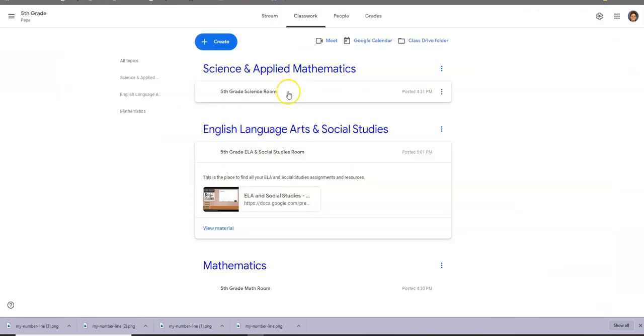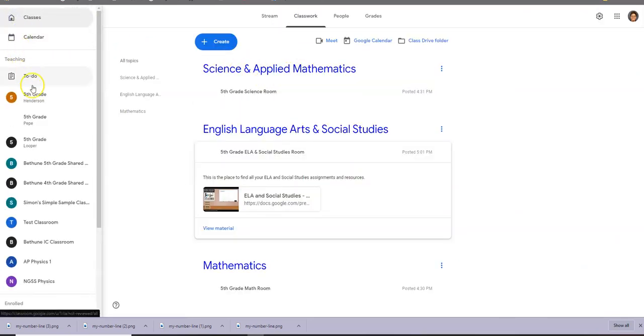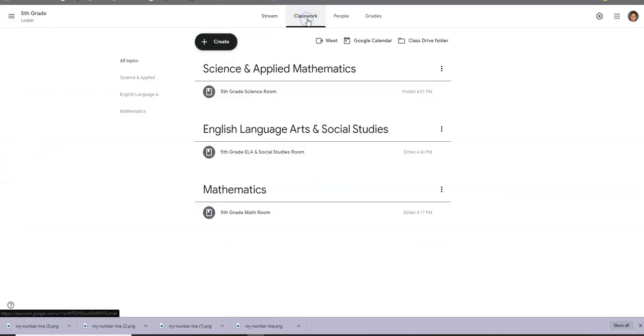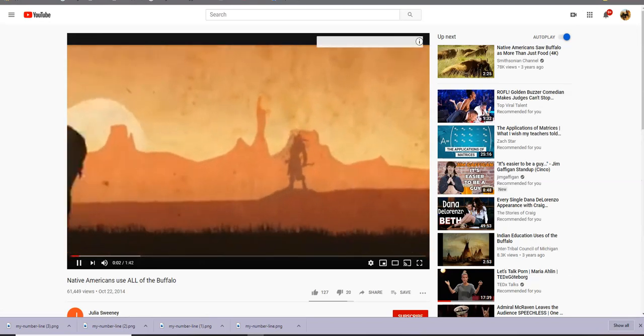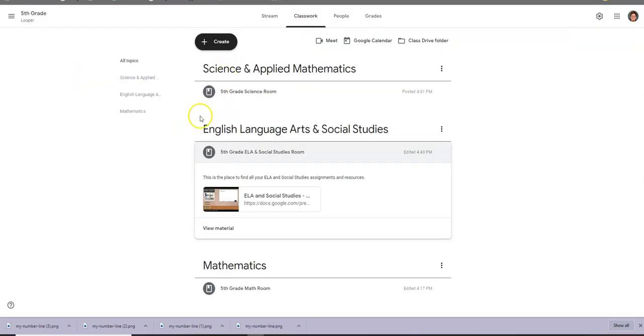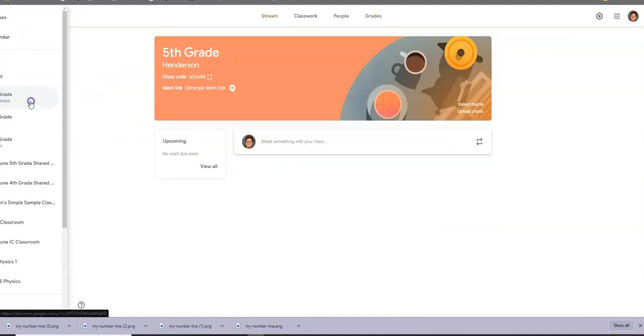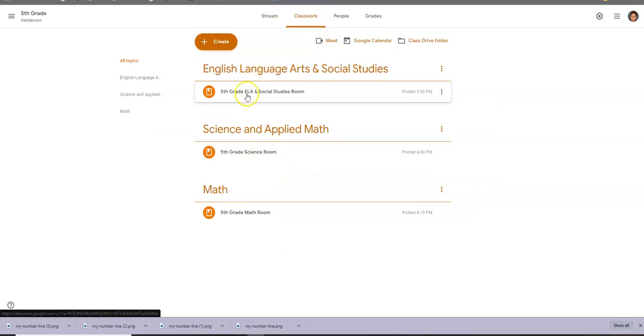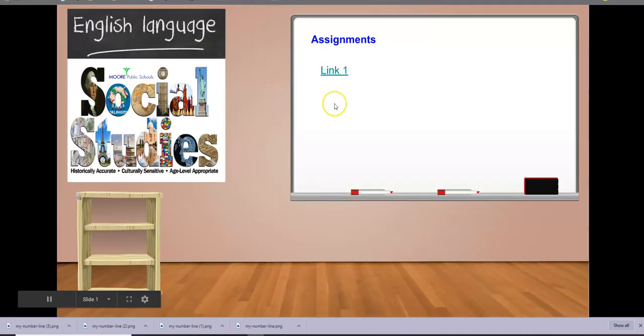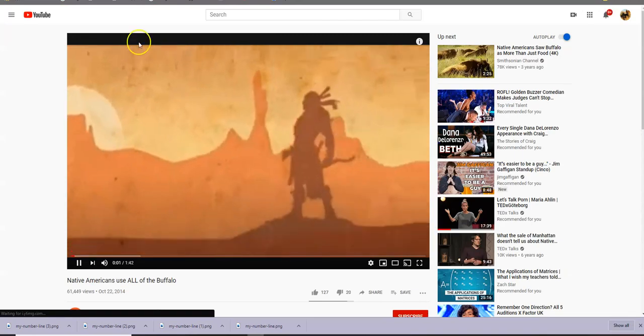Let me go back to the classes. Now, I did that in Pepe's room. And let me go to Looper's room. And let me look under classwork. And let me go to the social studies room. And guess what? The link's there automatically. Interesting. Let me go back to the classroom. Let me go to Henderson's room. Let me go to the ELA classroom. There it is. Go to that link. Look, the link's there. So here's the